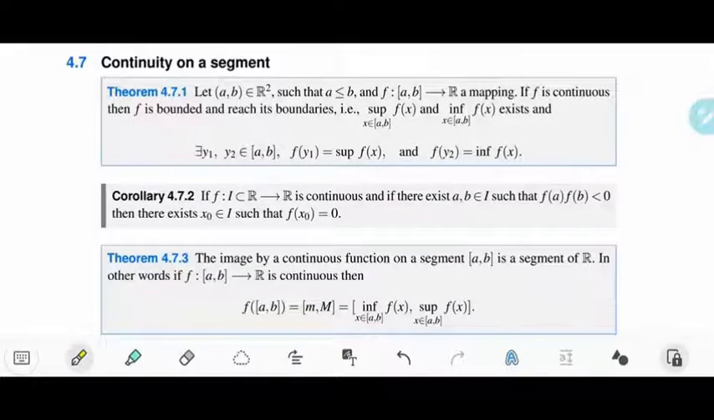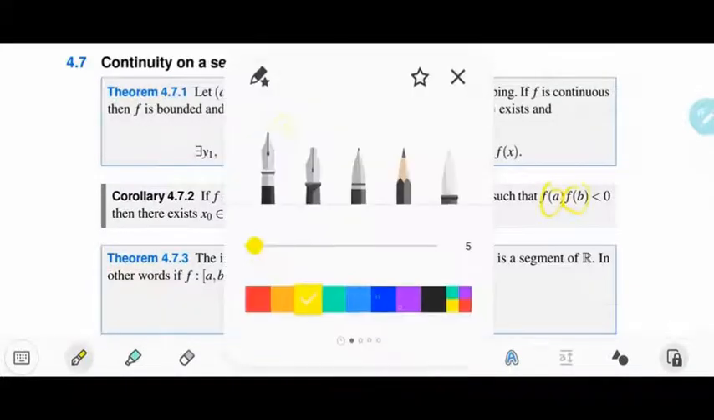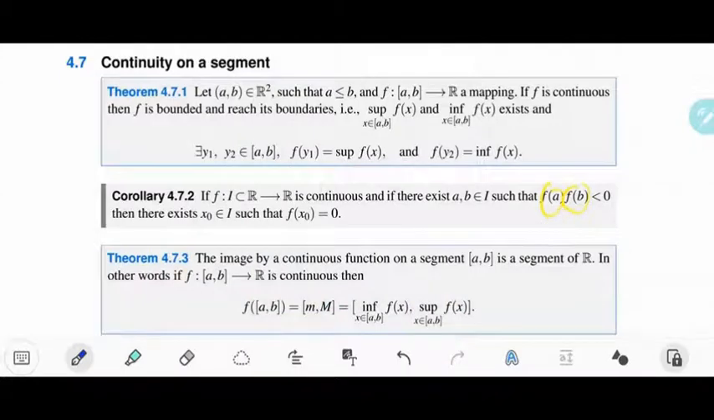So also, if we take the same result that we obtained for the intermediate values theorem and we write it on a segment AB, it means that if you have a segment AB such that f of A times f of B is negative, it means that f is taking a negative value and a positive value, then there exists x0 such that f of x0 is equal to 0. So x0 is the root or a root for the function,